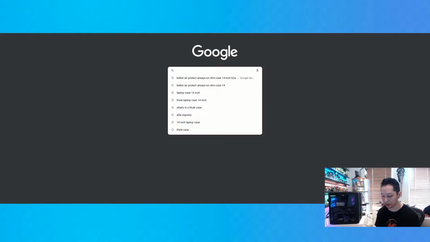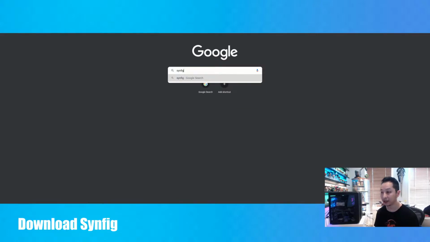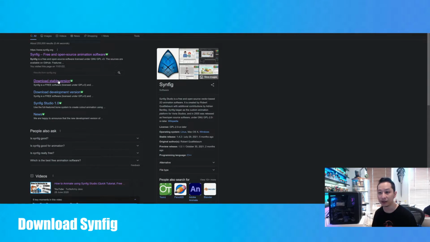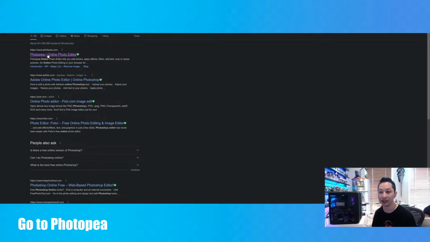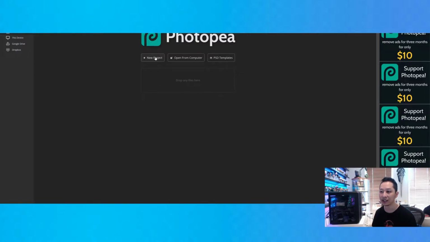First, look for this program, Synfig, and download the stable version. And then, online Photoshop, select Photopea, select New Project,